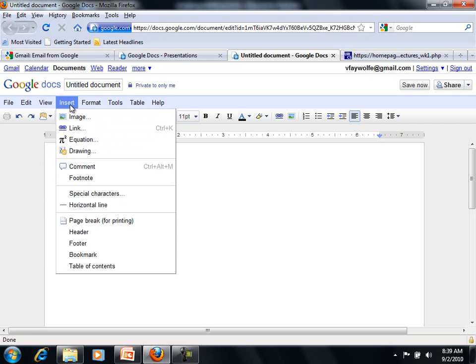Insert allows you to put into your Google Docs text-based document things besides text, like images. So you can have images on your computer that you upload and put into the Google Docs document, much like you would insert an image into a Microsoft Word document or a PowerPoint presentation. You can put links into your text so that you can link off from your Google Docs document to web pages on the internet. You can create equations and